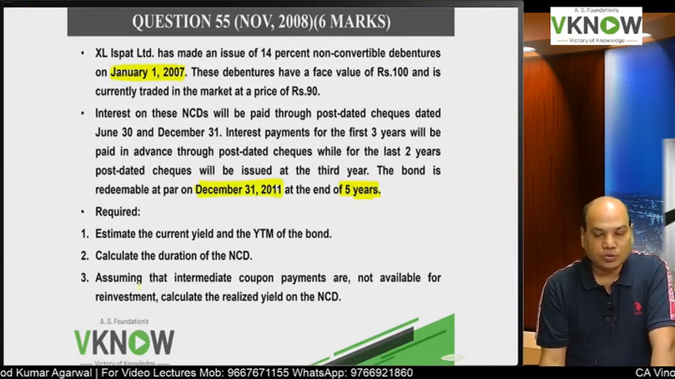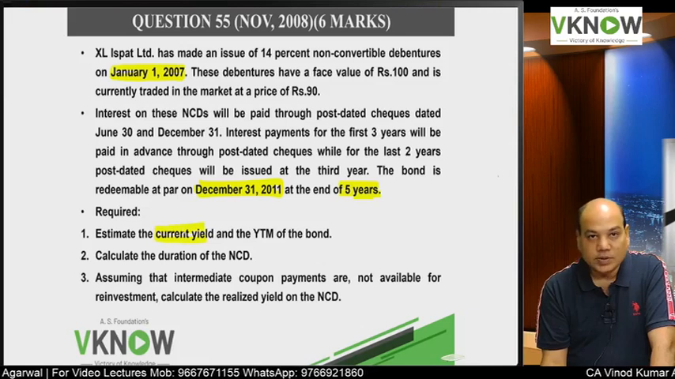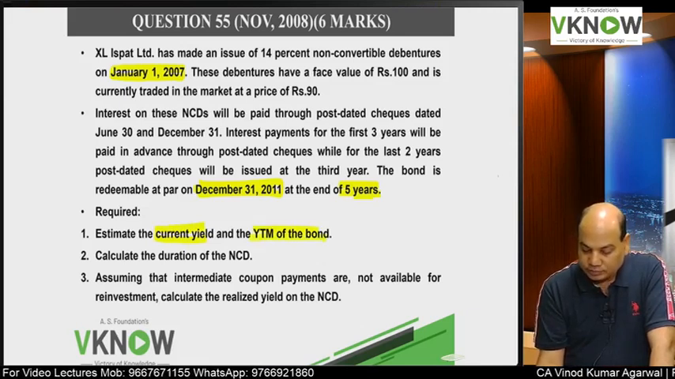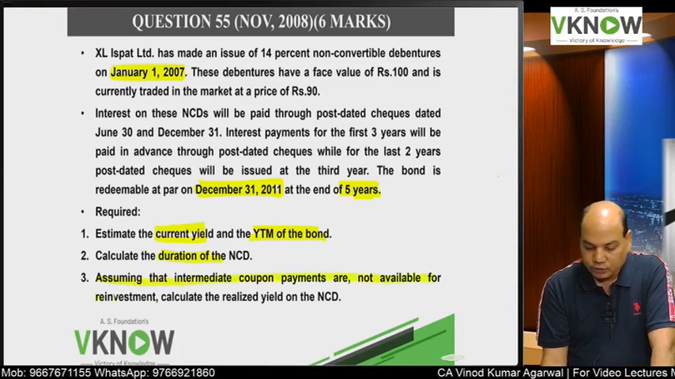So what are the calculations? Very good question. They have asked many concepts in one problem: current yield, YTM, duration, and, assuming that intermediate coupon payments are not available for reinvestment,